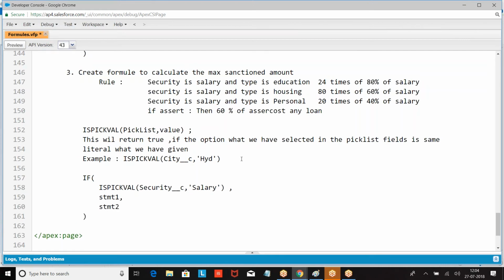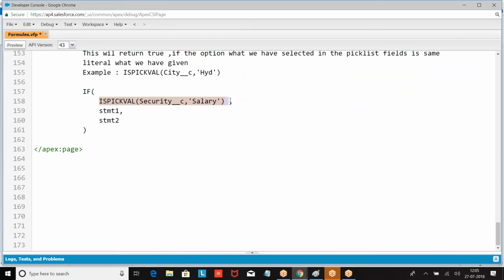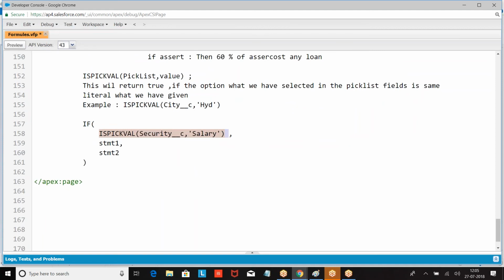Am I right? If condition, this is the condition: if security is salary, statement 1 will come. Everyone is good with this, right? If what we have selected is salary, then statement 1. What is statement 1? I am giving case.